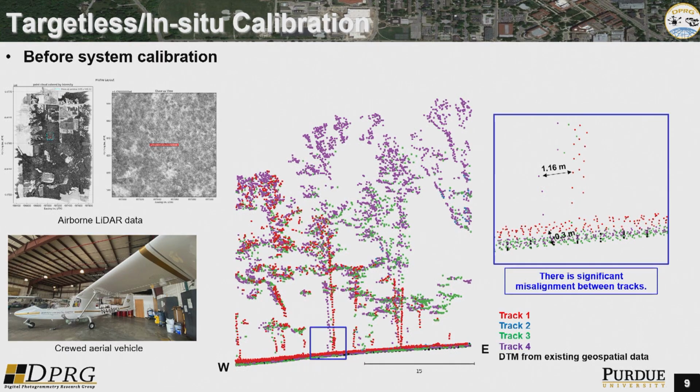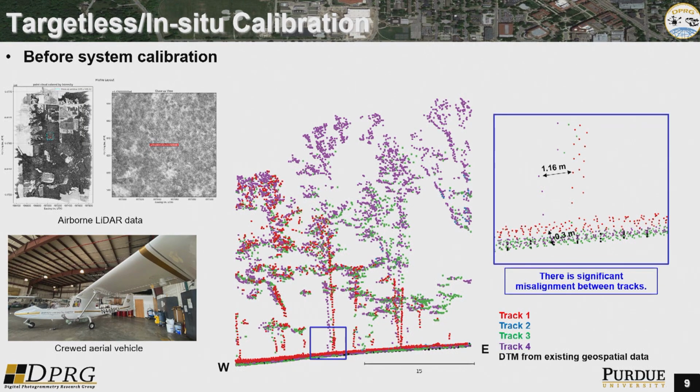Just to give you an example, this is an example of our latest data acquisitions from our airborne system. It was, I think, sometime in April. This is just a profile in Martell Forest. Here we have different tracks, four tracks in different colors. We also have a DTM, which is derived from the Digital Elevation Program, the 3DEP data. So here we are talking about data sets which are almost 7 or 8 years apart.